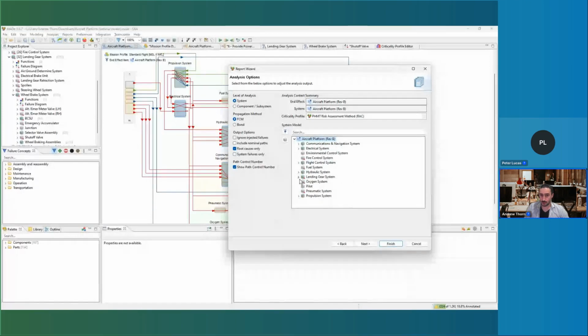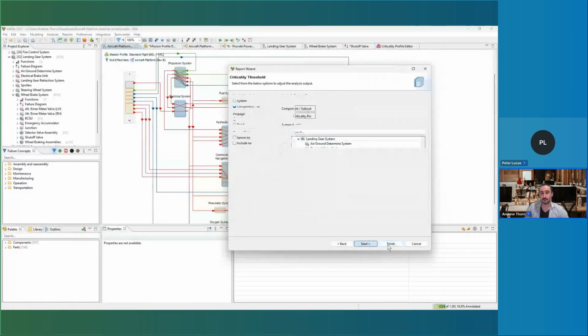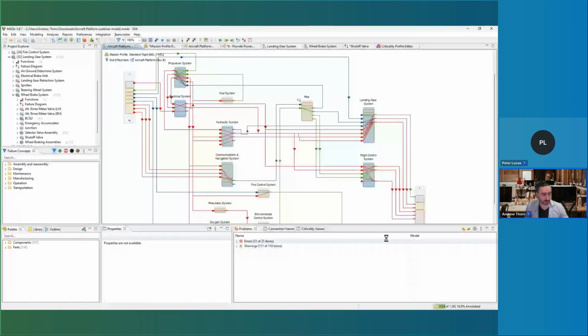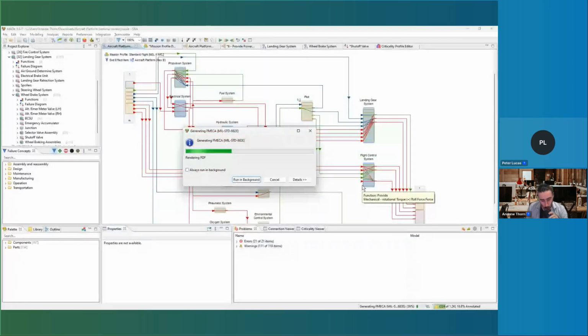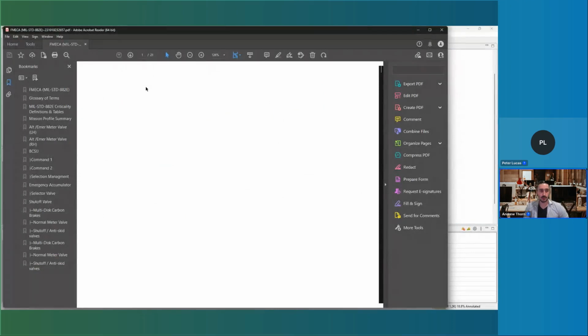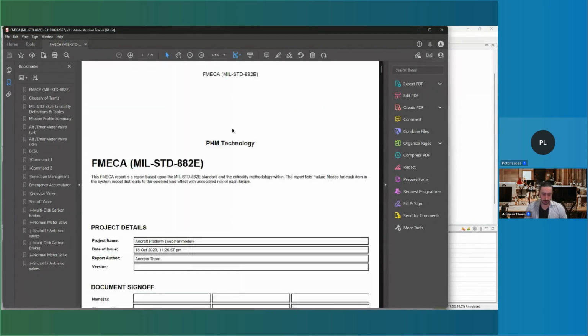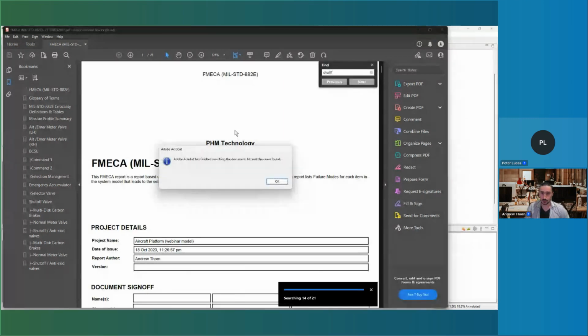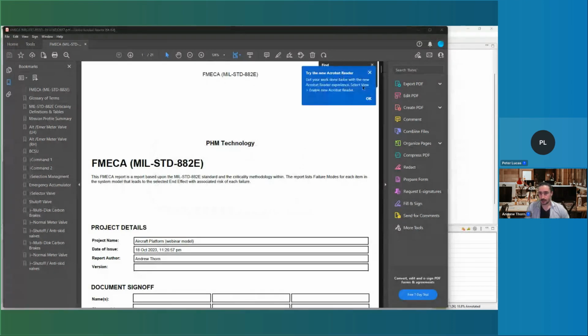I'm going to choose the wheel braking system and turn that to a component level analysis. And if I search for my shutoff valve,